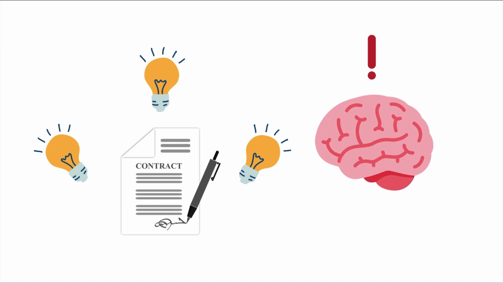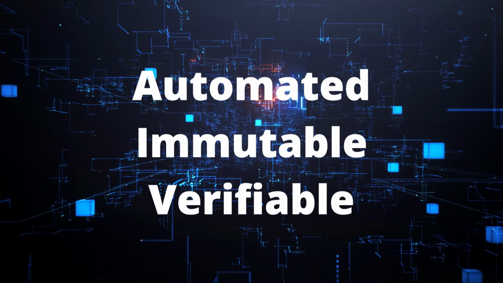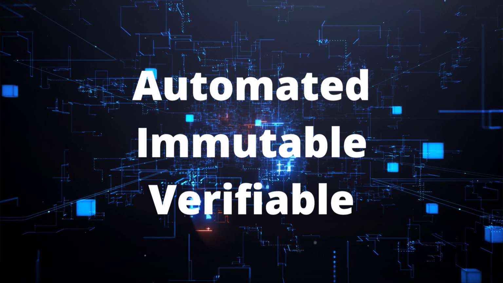So what is it? Well, the contract is smart because it's actually smart itself. It has its own brain and is making sure the rules of the contract are enforced correctly. So kind of like a contract with artificial intelligence. I like to think of smart contracts as essentially automated accounts, which are immutable and verifiable. Automated, immutable, and verifiable. Okay, well, what does that mean?